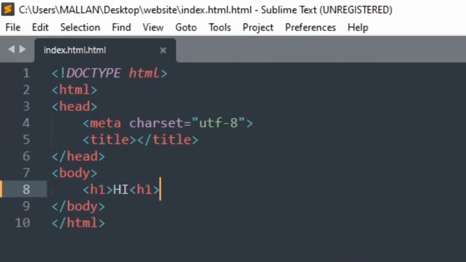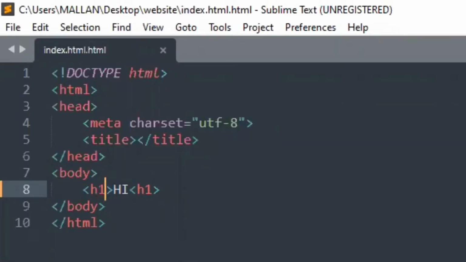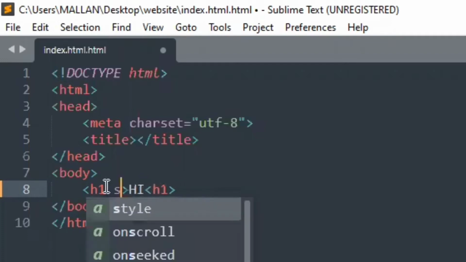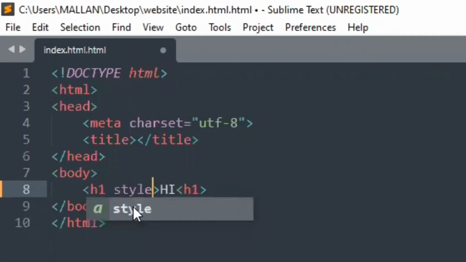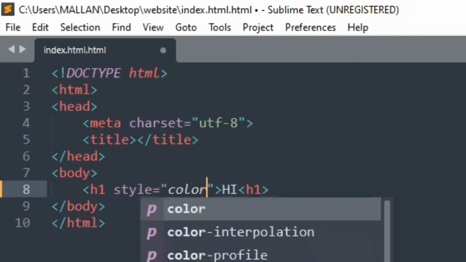I have already spoken about this H1 code in my last video, but in this text we will only get the black color. If we want to change the color, we can type style equals to and two quotation marks, or you can click on the suggestion called style while you're typing. Whenever you are typing a code, the suggestions will come below. So you can either click on the suggestions or type it by yourself, but I recommend typing. This applies for every code you type.